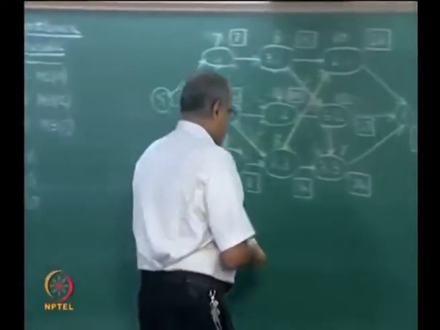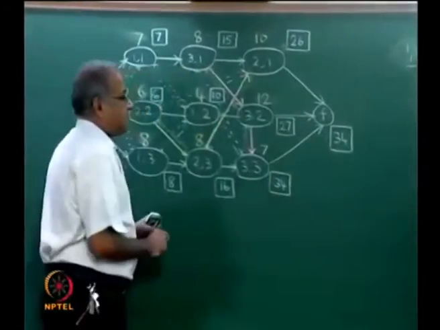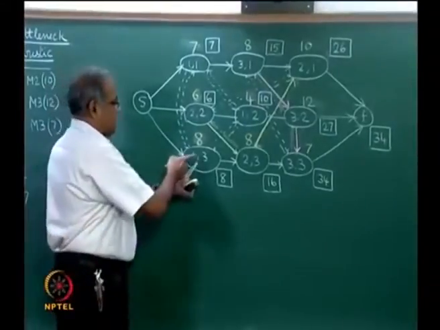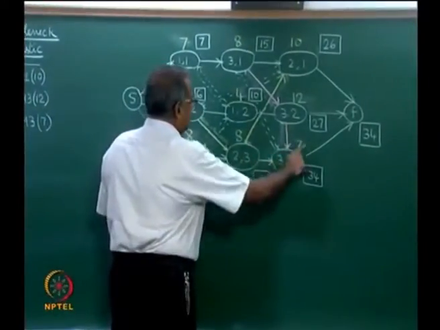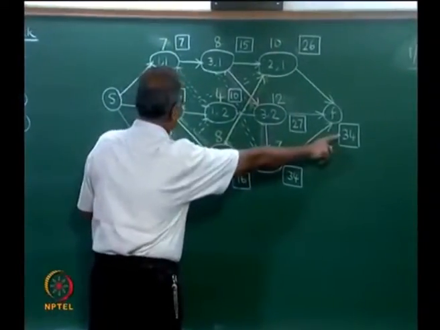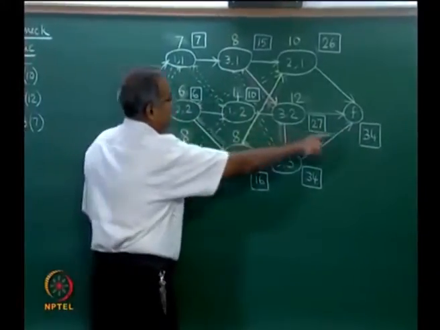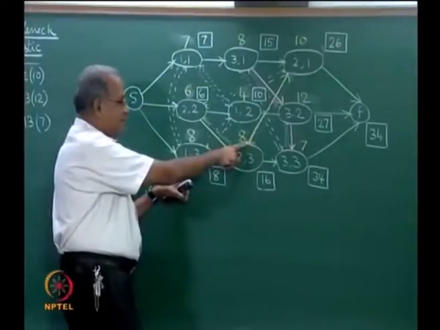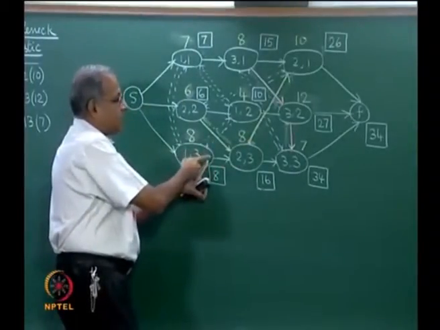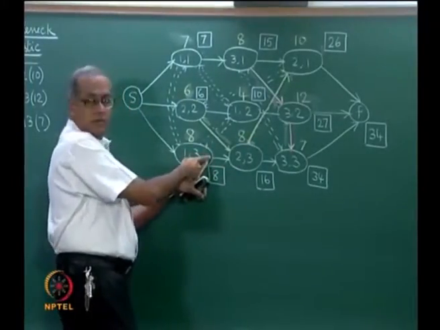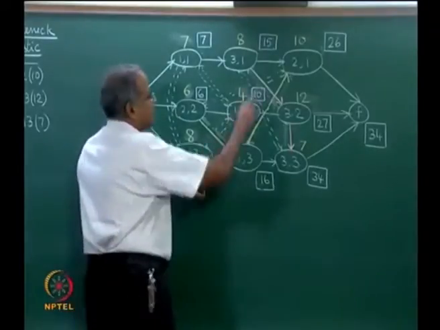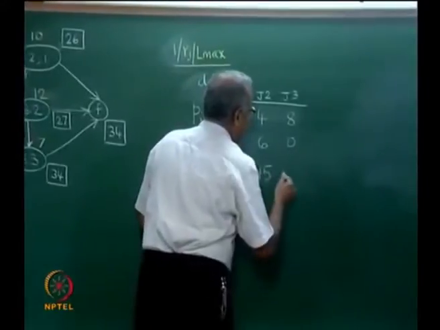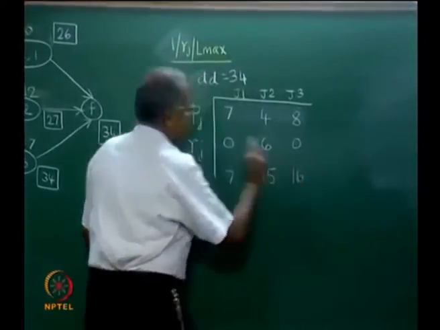So let me compute this again. Now as far as J3 on M1 is concerned, this is the one. From this side it will be 10 plus 8 18, therefore at time equal to 16 this should be available, so that 16 plus 18 becomes 34. So this is not 17, this becomes 16.